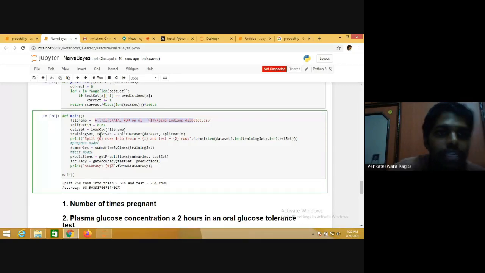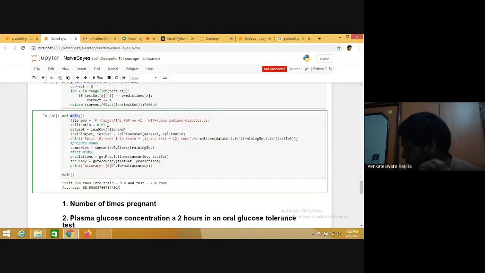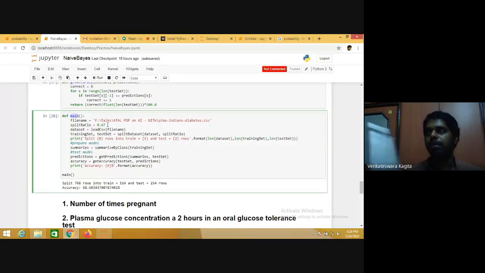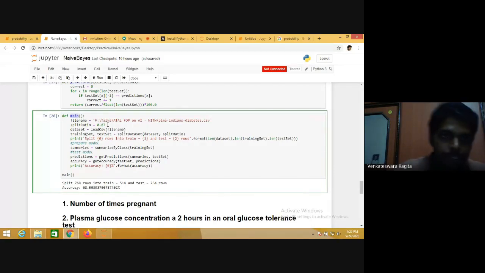Okay, so this is the main function. I split the data into 2/3rd and 1/3rd. 2/3rd is for training and 1/3rd is for testing.